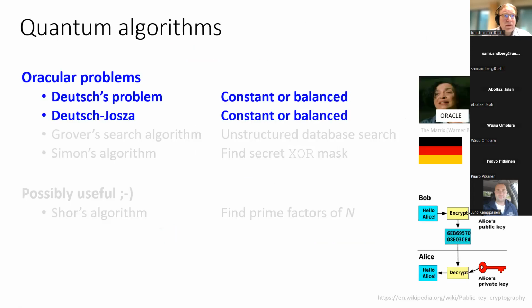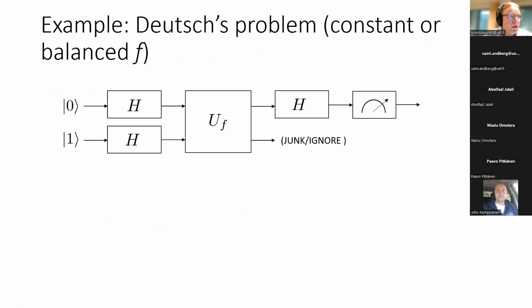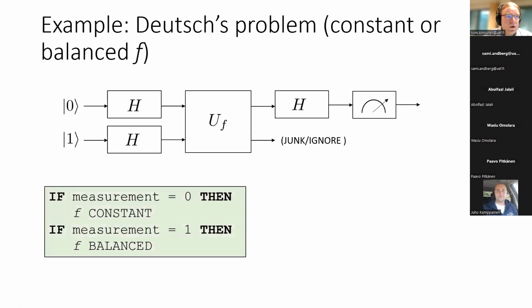So for instance, this Deutsch problem and the Deutsch-Jozsa algorithm. That's something we already discussed last time. That's the particular circuit that we would need here, with this one particular input, and then after the measurement, if we read 0, we have some result, and the opposite of that if we read 1 as the solution.